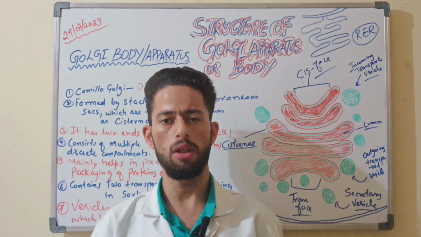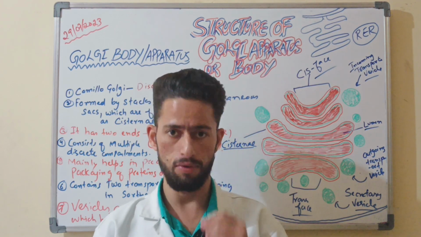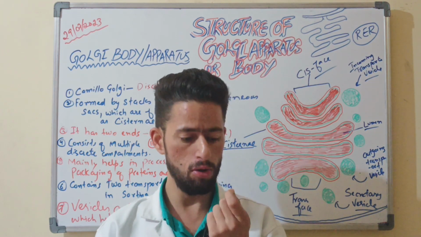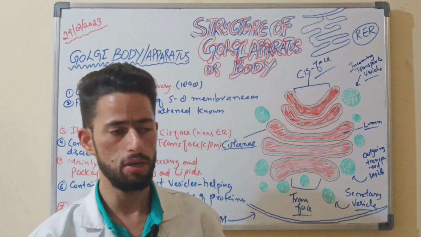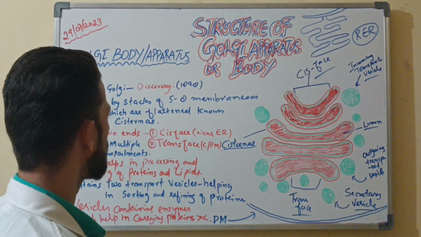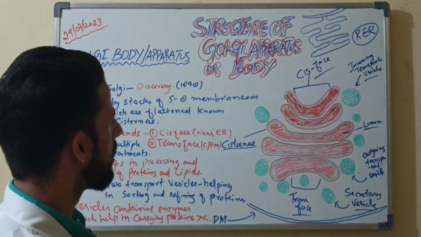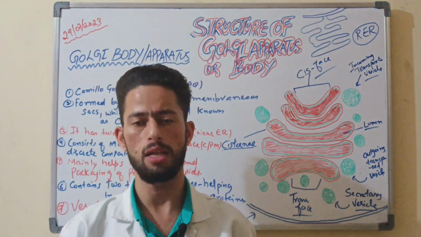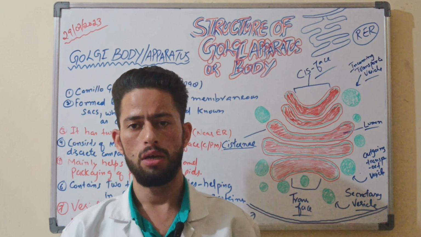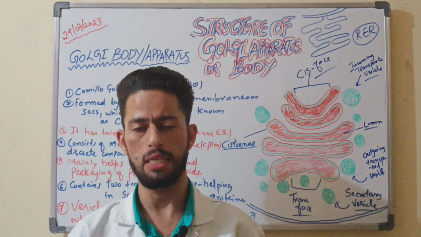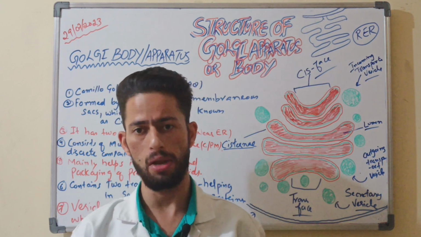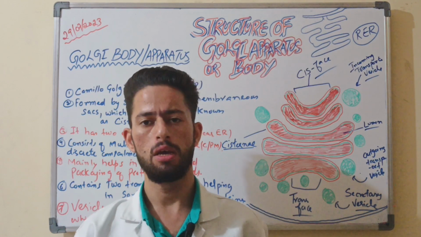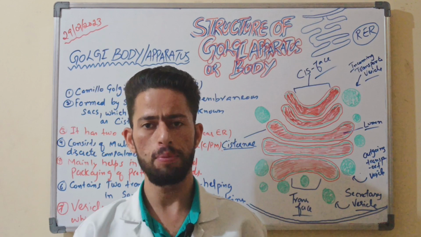First of all, we must know who discovered the Golgi apparatus. The scientist's name was Camillo Golgi. In 1898, he made a discovery while doing research on the cell, and he found that cells contain some flattened sacs, or membranous flattened sacs, which he named Golgi bodies or Golgi